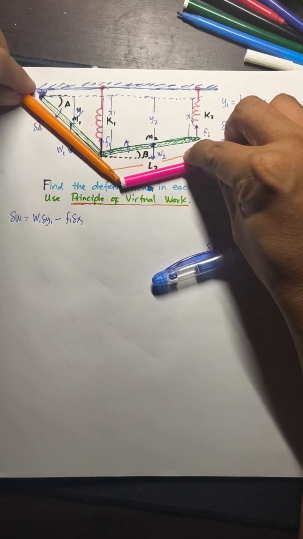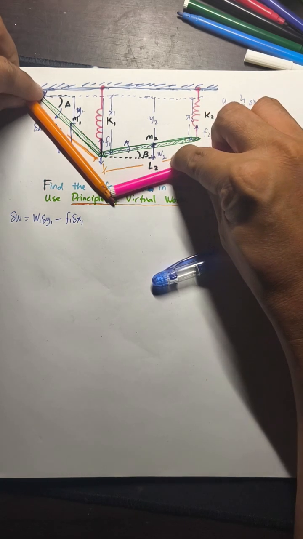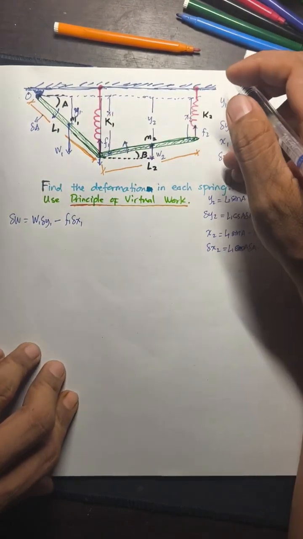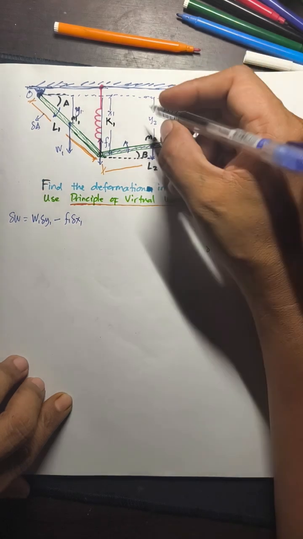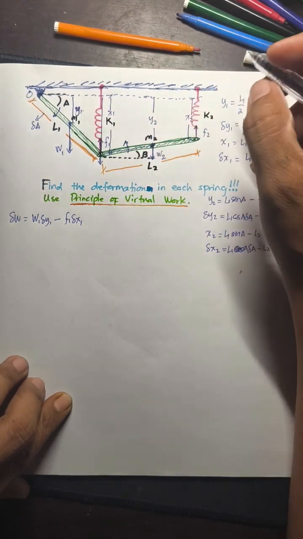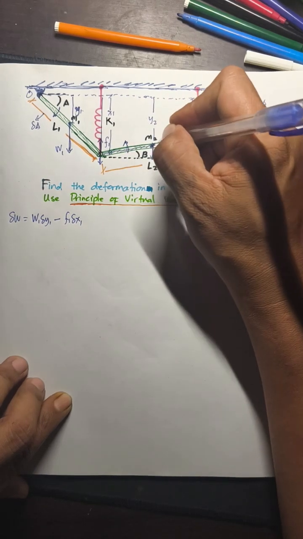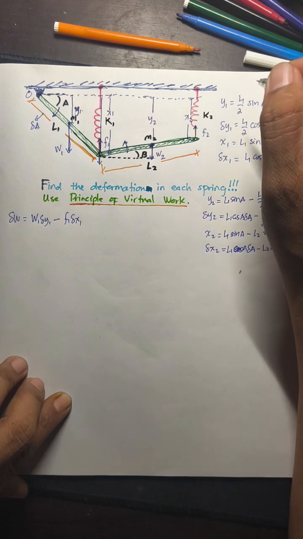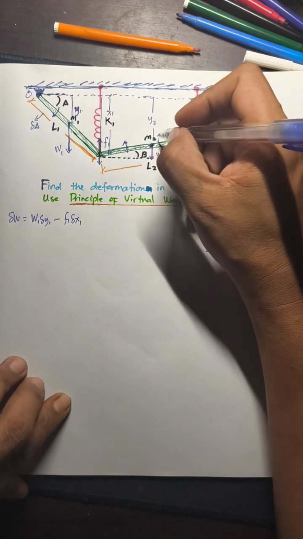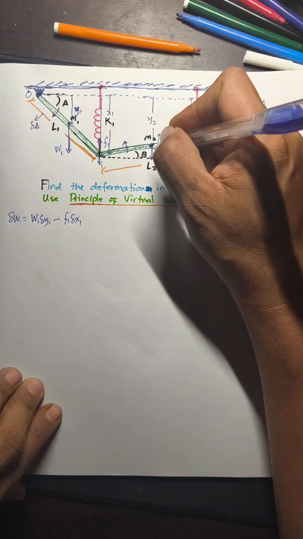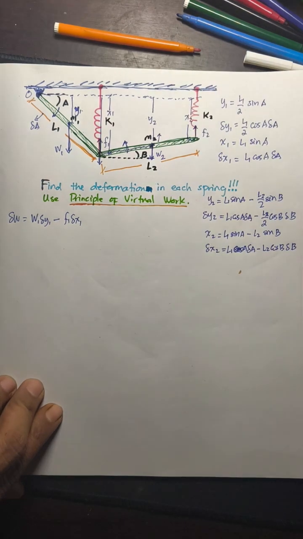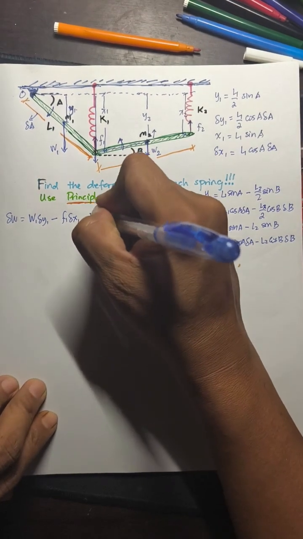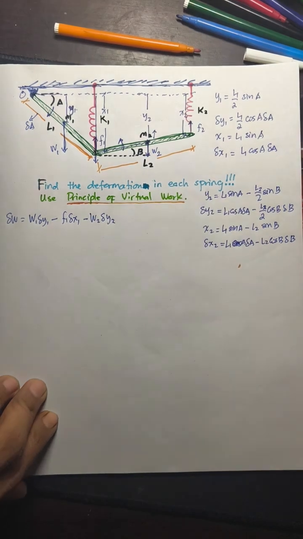Okay, if this is increasing, delta B is also increasing, so that delta B is going counterclockwise while delta A is going clockwise. So if this is the case, then delta Y2 would be going in the opposite direction. Since delta Y2 is going in the opposite direction while the weight is going downwards, that means that our work here is negative weight 2 delta Y2.